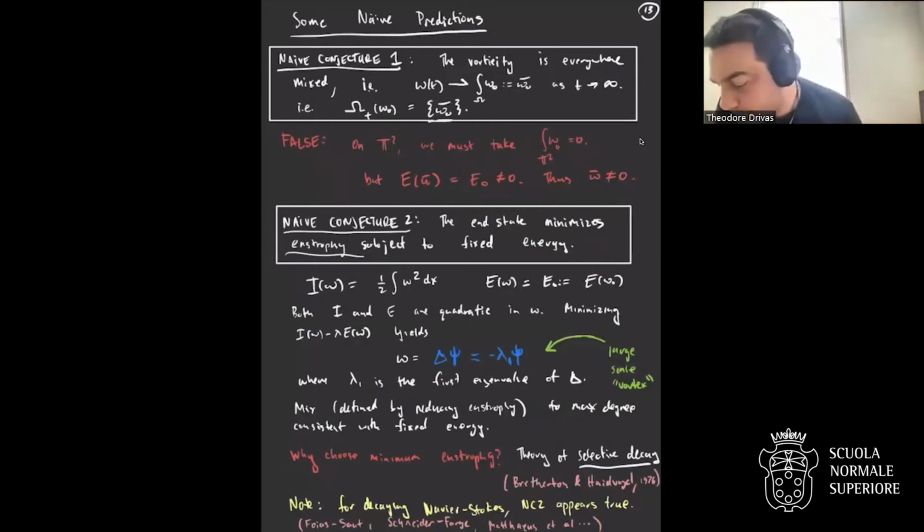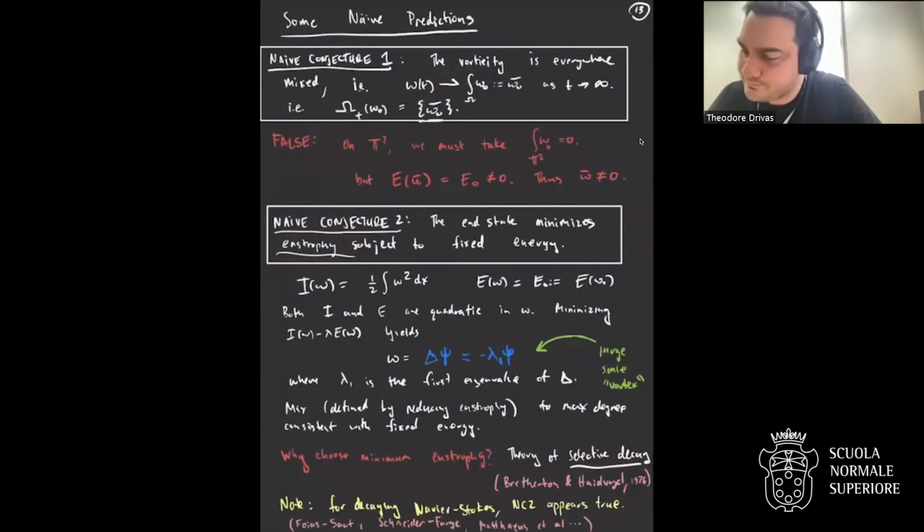But there are some areas of application of this setup for Navier-Stokes at late times, where you always keep some viscosity. So this theory, which is called selective decay, because it selects the entropy to minimize, is actually possibly governing end states of decaying Navier-Stokes at long time as you take viscosity small.